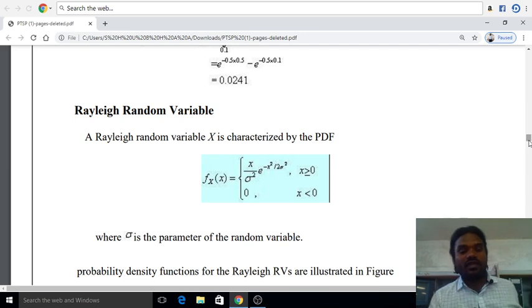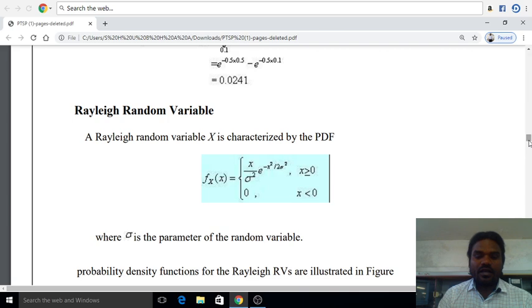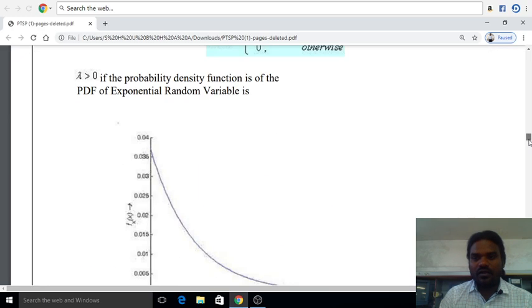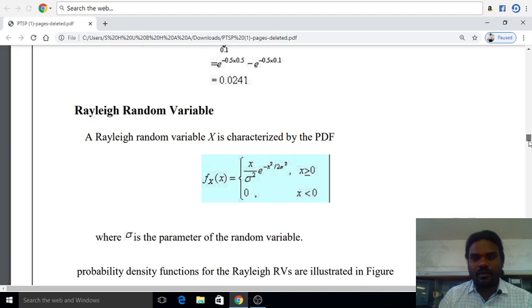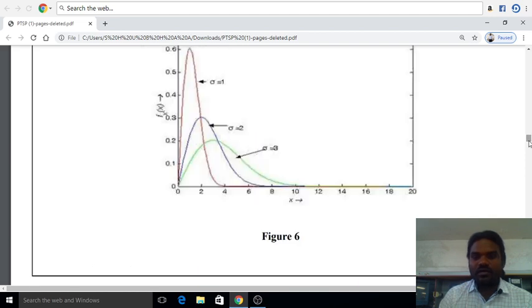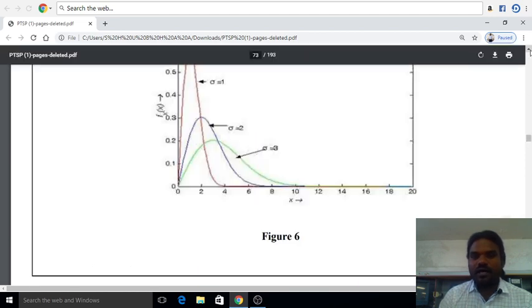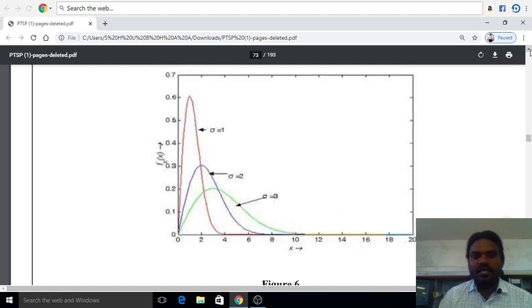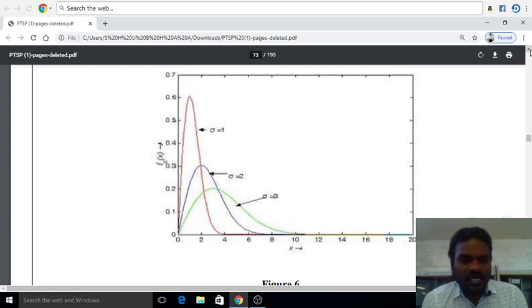So here we can have the Rayleigh distribution with the Rayleigh variable, that is, the probability density function for the Rayleigh variable, the random variable, as we have explained in the equation. Then I can go with one particular graph which represents the Rayleigh distribution. A distribution is nothing but a relation between the probability density function with respect to the